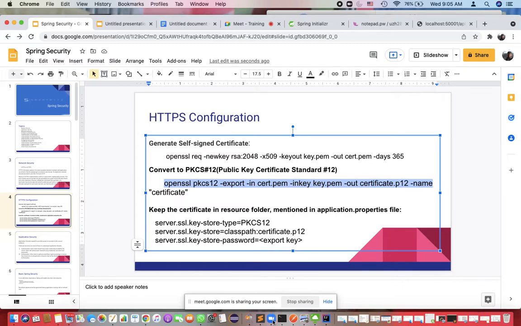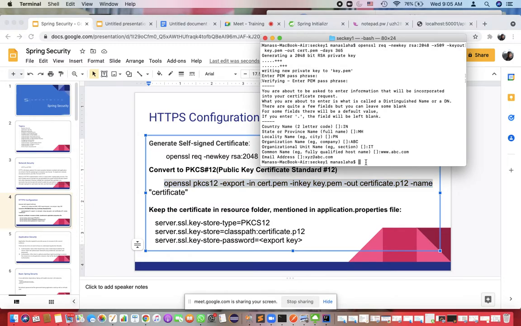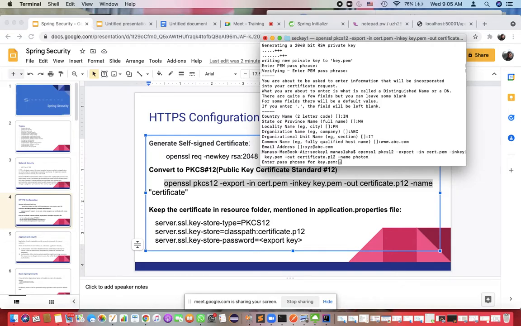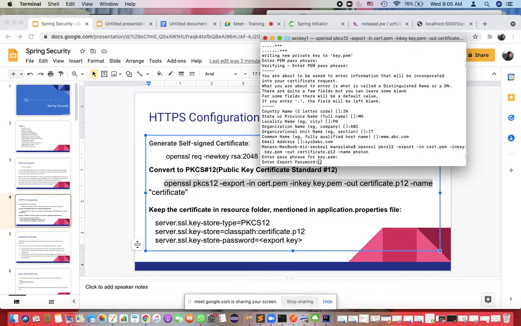Let me run this now. When you run this command, you need to give the export key actually. So let's keep it simple, I'll use photon again. Sorry, enter passphrase for key.pem.